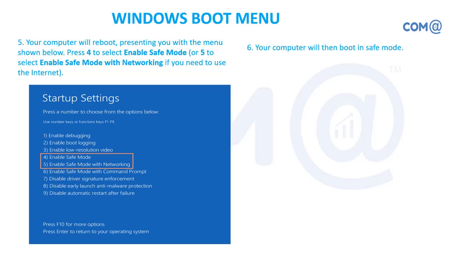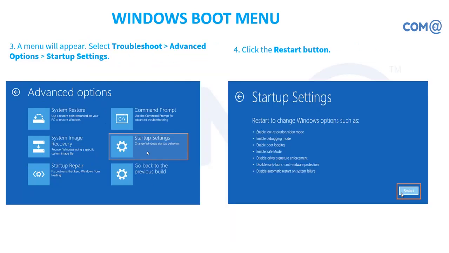For any kind of troubleshooting, you are going to use this kind of option in the system. This is for Windows 10 or Windows 8 and above. Go to the start, then settings, and select restart. Once you restart, you'll get the boot options. So this is about getting the boot menu in Windows 10. We have seen the different boot menus available and how we are going to enable the configurations in the boot menu.